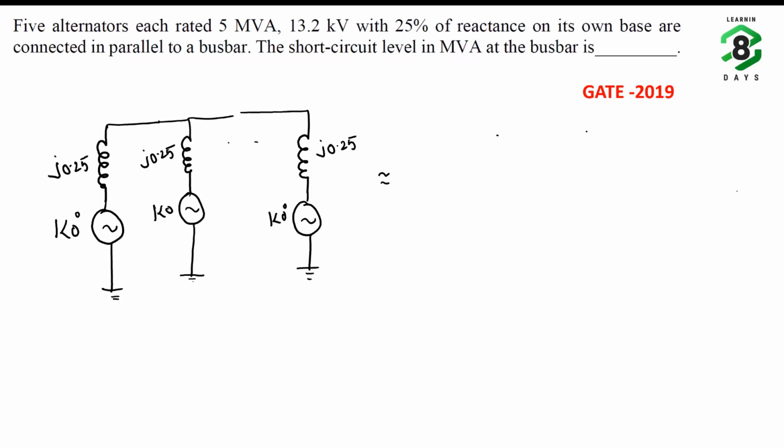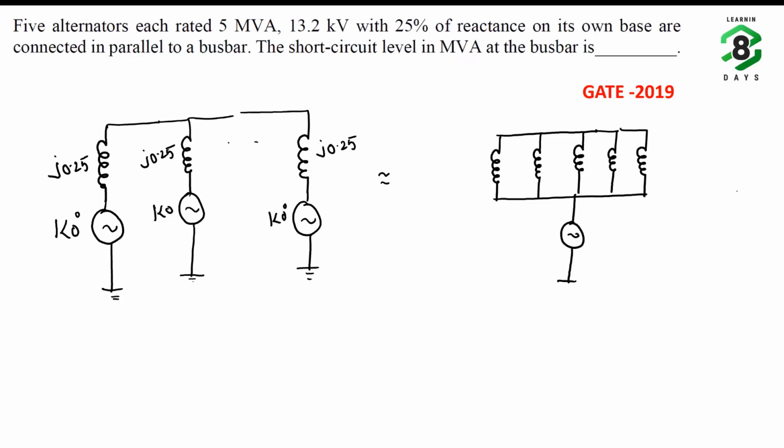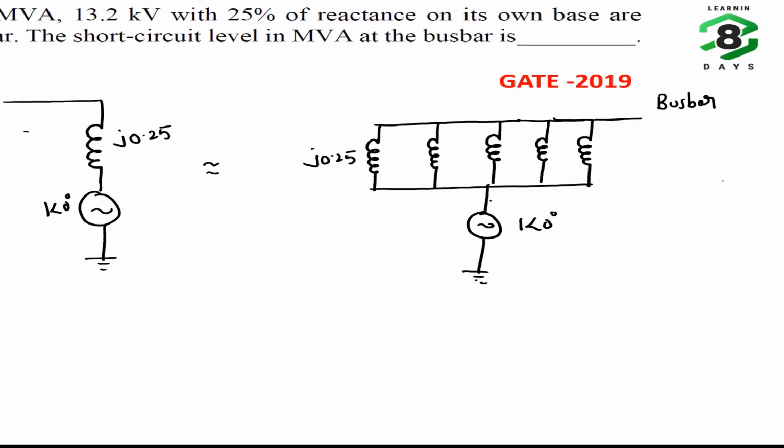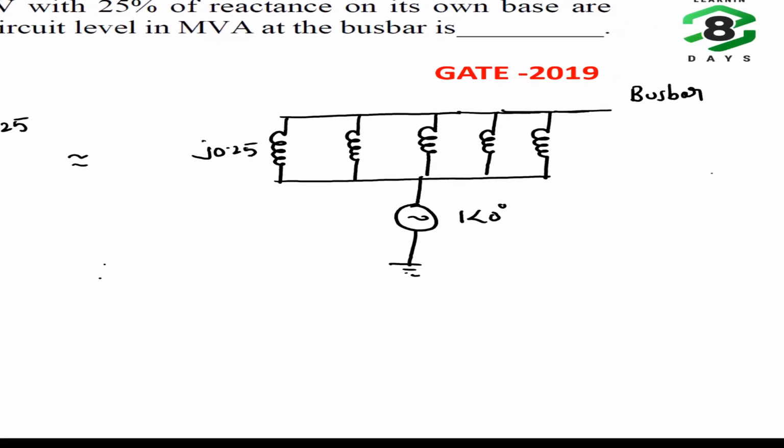So it will equivalently become 5 reactances connected in parallel, subjected to a 1 voltage source. So this is the bus bar. If you Thevenize this one, it will simply boil down to